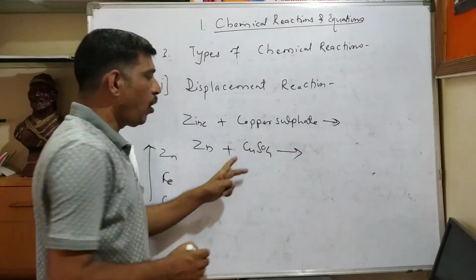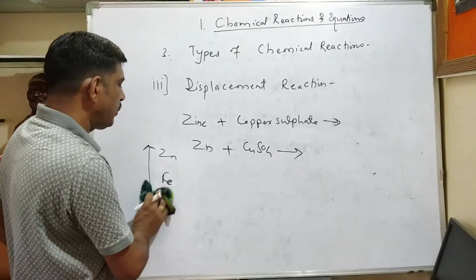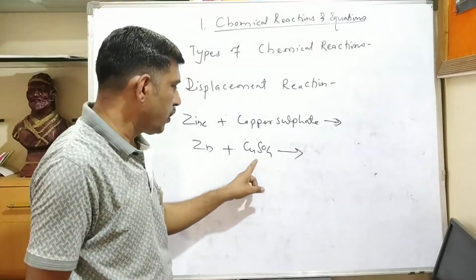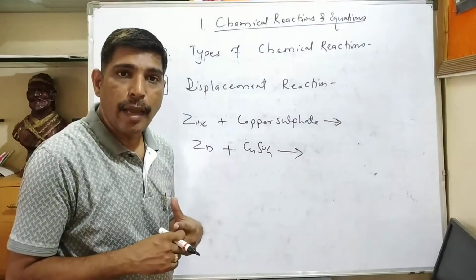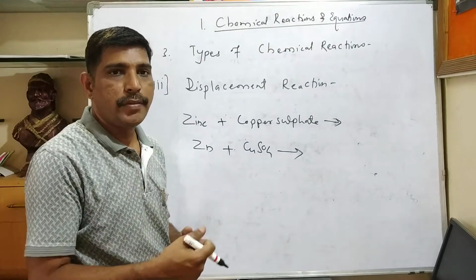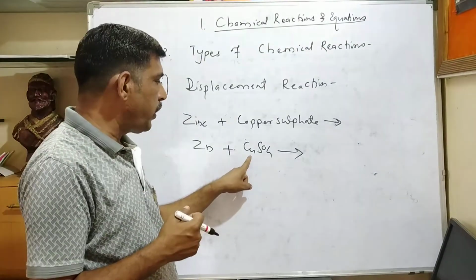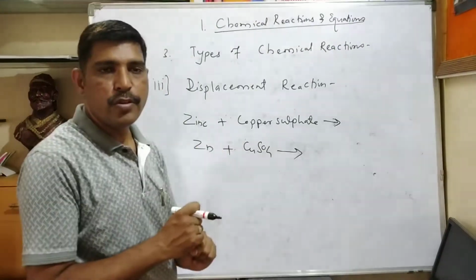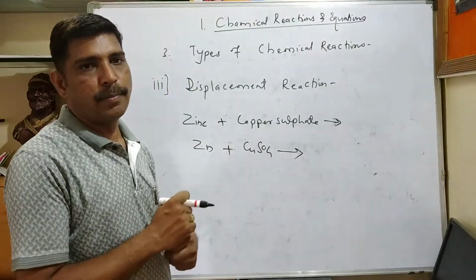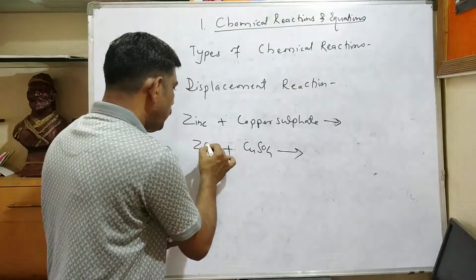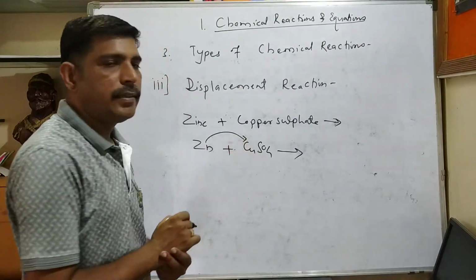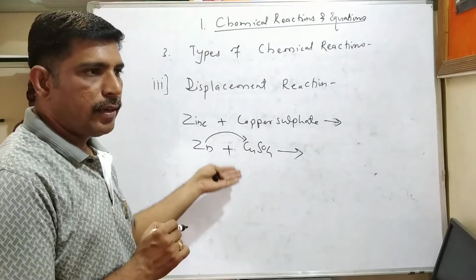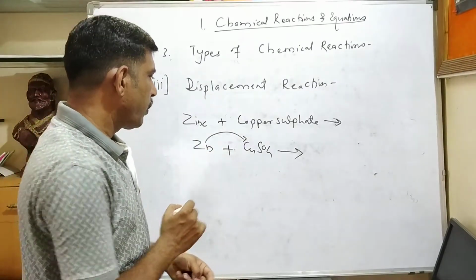Copper is present in its salt solution. So zinc has the capacity, or ability, to displace the copper from its salt solution and take its place. Suppose this zinc can change the place of this copper. That means when it replaces and removes it, then we get